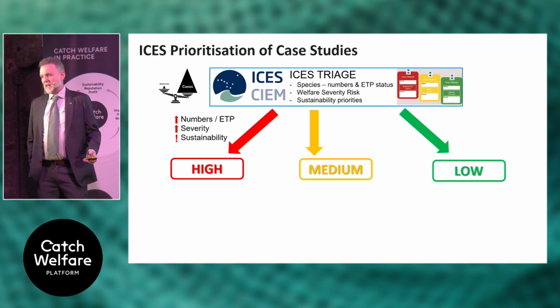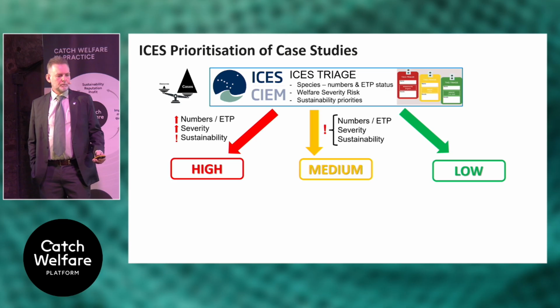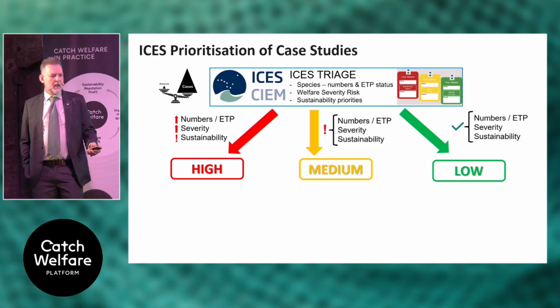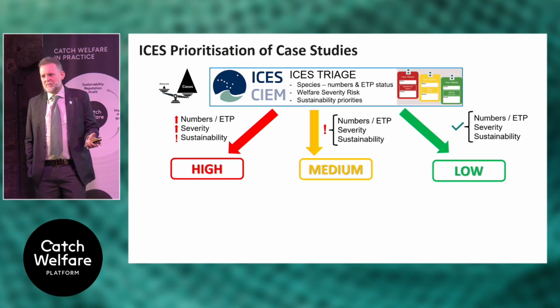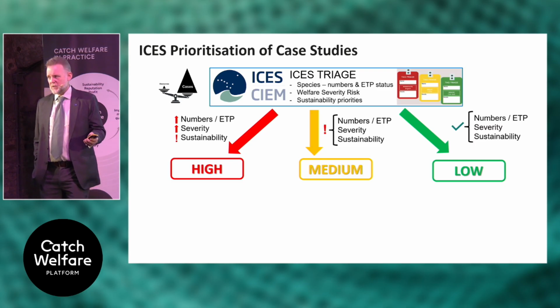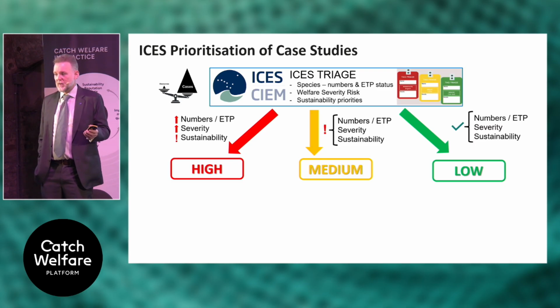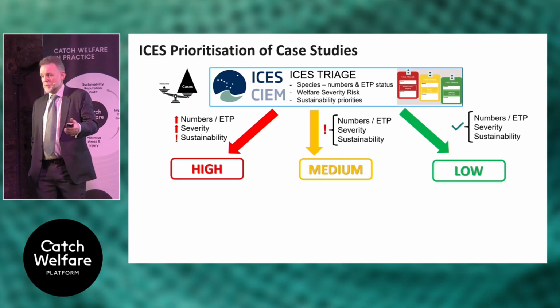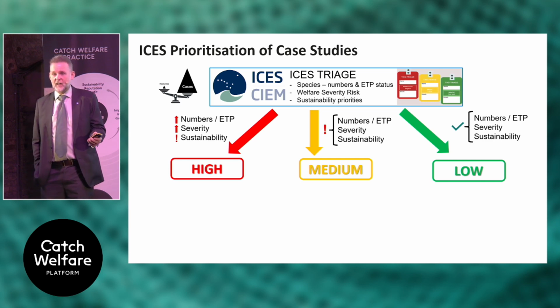And there is likely to be sustainability issues as well. In the medium case, one of those criteria at least should be triggered. And in the low priority, yeah, we're comfortable. You know, the numbers are low, and so. But it doesn't mean that we shouldn't be doing risk assessments, because there might be a valid argument. For example, for certification, you might want to conduct a risk assessment to demonstrate you've got a valid case for